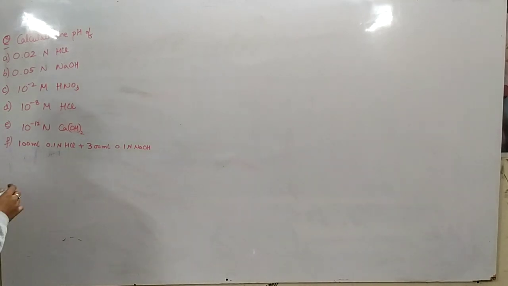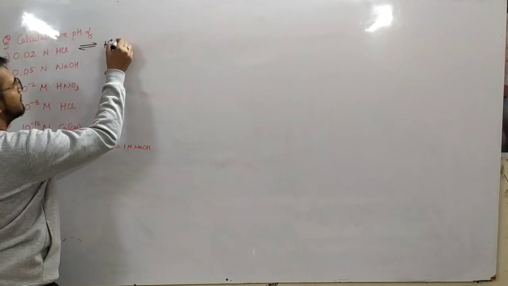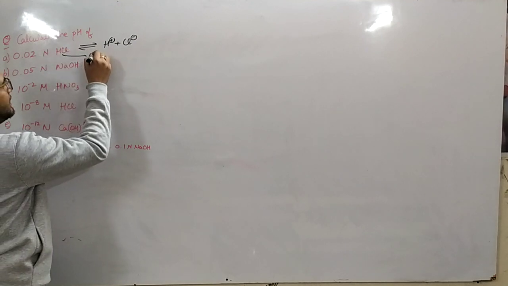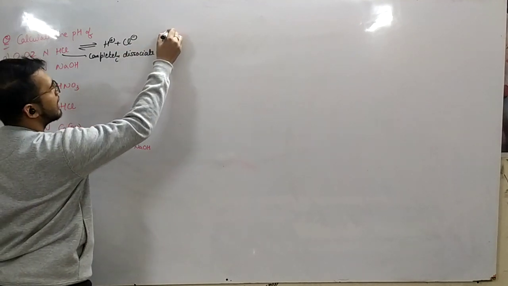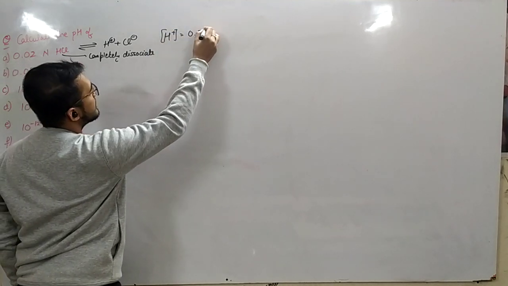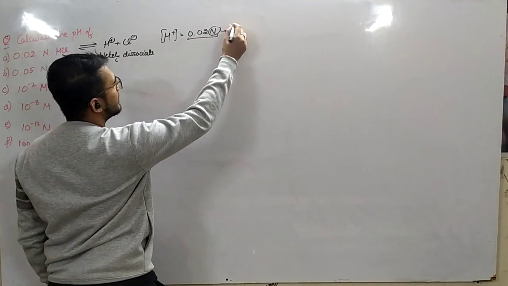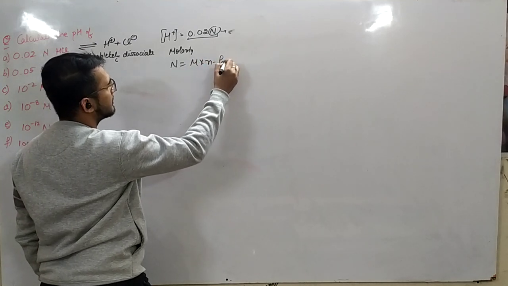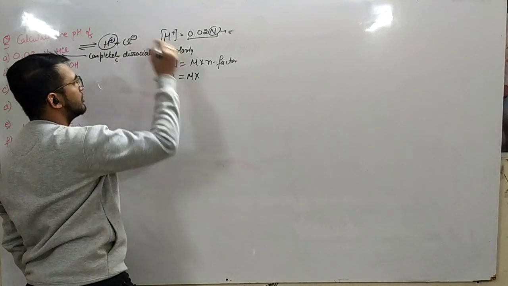क्वेश्चन कुछ ऐसे है कि कैलकुलेट द pH ऑफ 0.02 मोलर HCl। आपको पता है कैसे देखो भाई, H पॉजिटिव प्लस Cl नेगेटिव। सिंस ये स्ट्रॉन्ग एसिड है, तो ये कंप्लीटली डिसोसिएट होगा। तो यहां से H पॉजिटिव 0.02 नॉर्मल बनेगा। लेकिन ये नॉर्मेलिटी है, मुझे मोलैरिटी चाहिए। तो नॉर्मेलिटी इज इक्वल्स टू मोलैरिटी इनटू n फैक्टर। अब इस केस में HCl का n फैक्टर सिर्फ एक ही है, तो यहां पे 1 आ जाएगा।